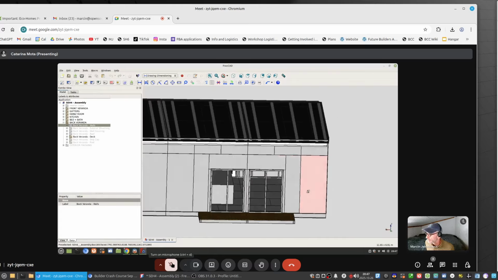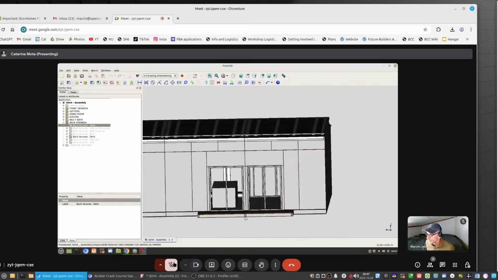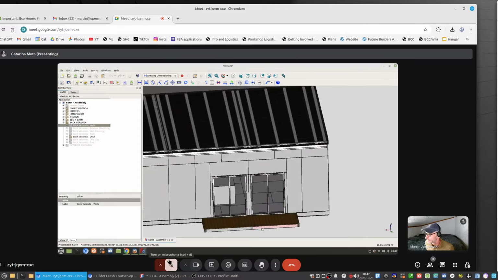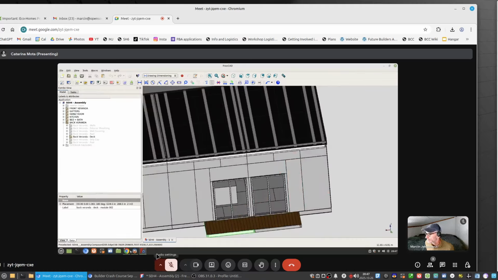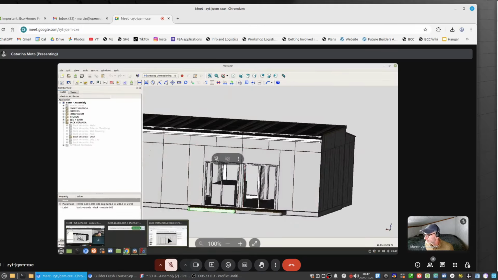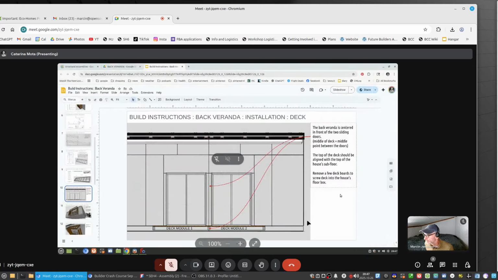Okay, so now this is how you start, right? Now you have these two modules, the two deck modules that we just taught you how to build. Now what do you do with them? How do you know where to put them? So that's important. So then I basically got a screenshot of this, and I went into my Google Slides,